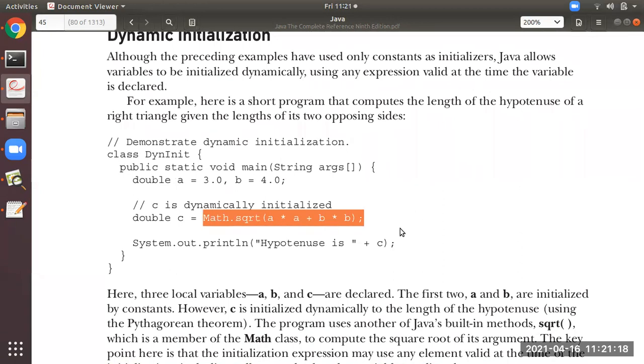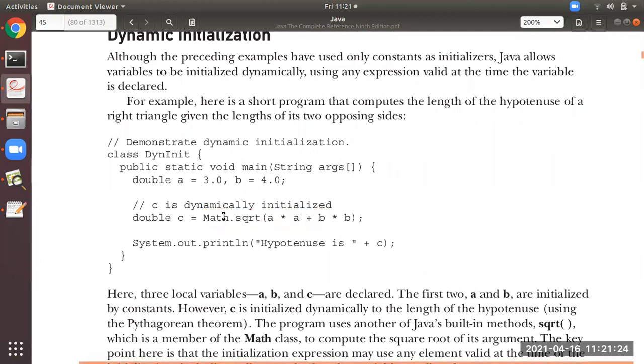That is known as dynamic initialization. What is this formula? Math.sqrt. Math is one predefined class. In that there is a method sqrt of whatever value is provided as parameter. That is a into a plus b into b, a square plus b square. So sqrt means square root of a square plus b square.